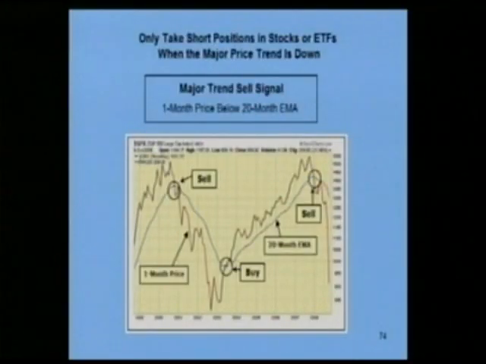Okay, so you only want to take short positions in stocks or ETFs when the major price trend is down. Here's an example of this is the S&P 500, and right here the S&P 500 is on a buy signal because this is the 1-month price and it's above the 20-month price. So when it's on a buy signal, you don't want to take any short positions in here. Here it's on a